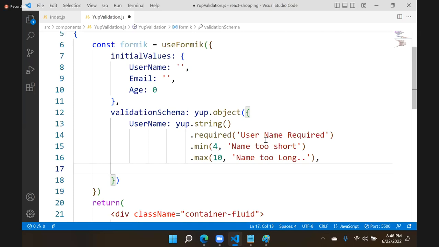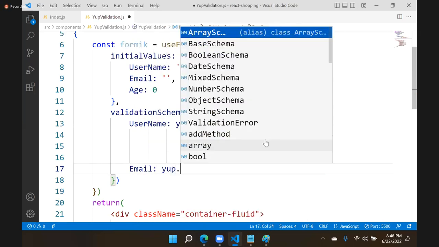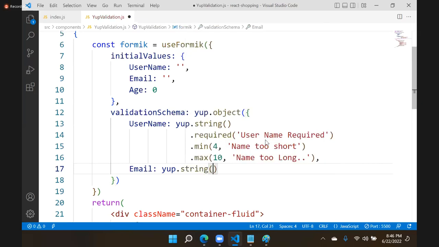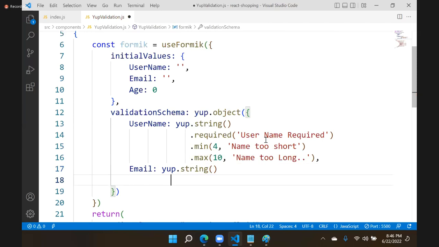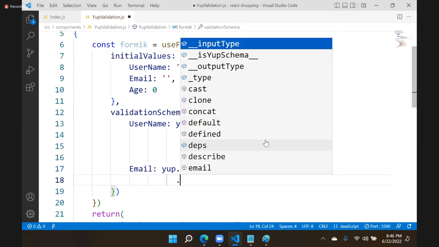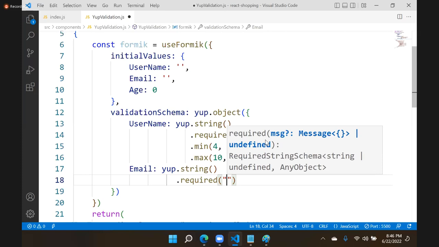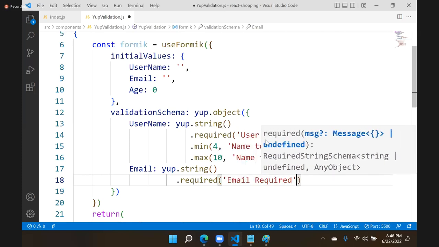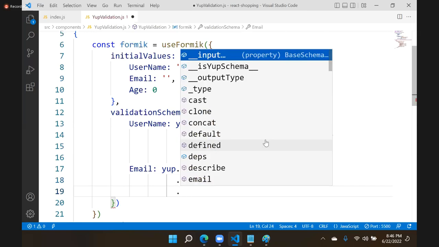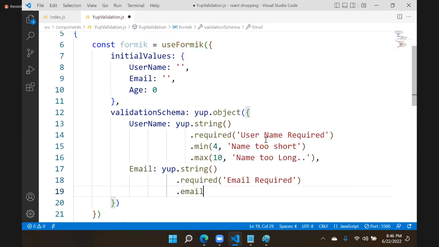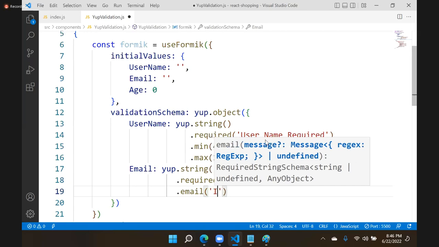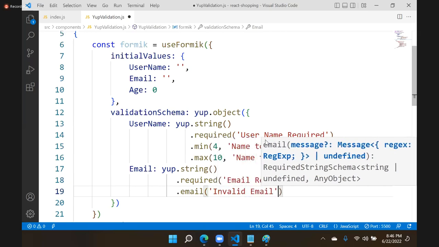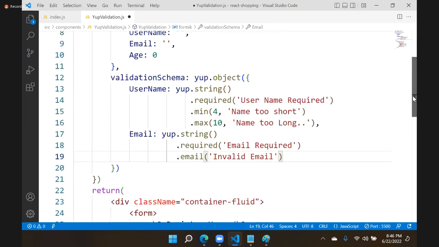Right now I am defining email, and we have Yup, right? Yup dot string is the data type, and this Yup validation is required, and we say email required. Here we are defining another one, which is email. Email has email validation. The message is invalid email. Here the question is, if I don't give any message, what will happen? By default, it will have a message,